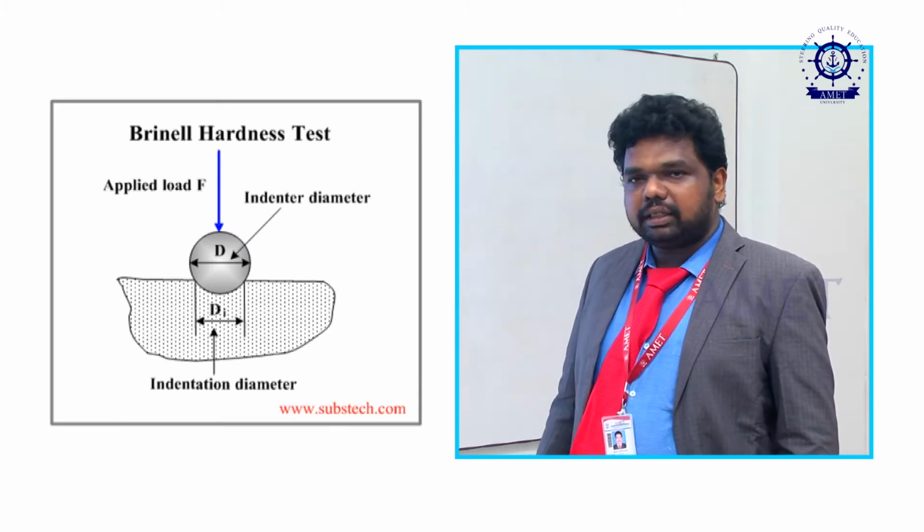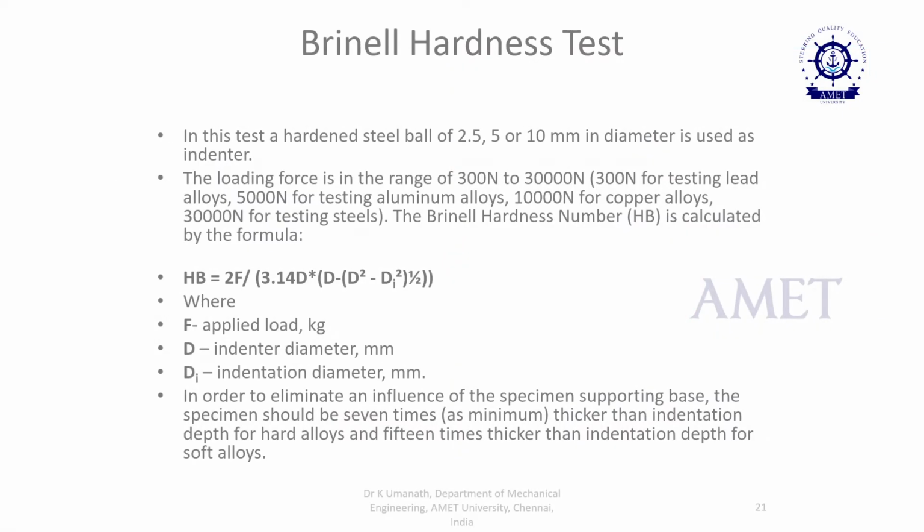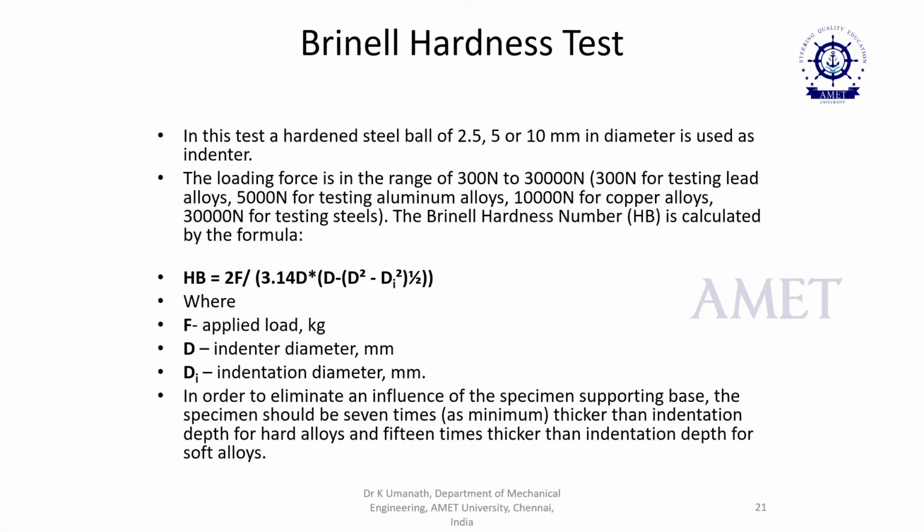in Brinell hardness number. With the help of this, HB is equal to F divided by 3.14 D times (D minus the square root of D squared minus d squared), all divided by 2. You should use this formula to determine it. D is the indenter diameter and d is the penetration diameter. You apply these and find the HB value. Based on the HB value, you can say whether the metal is harder or softer.